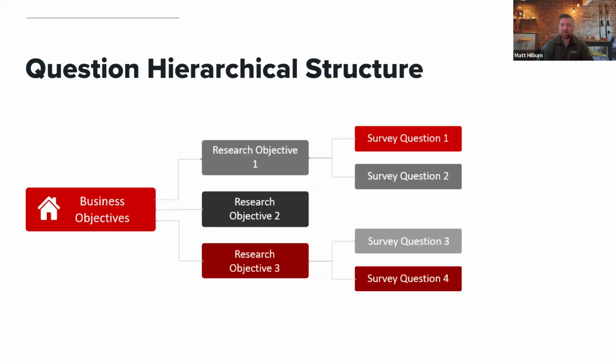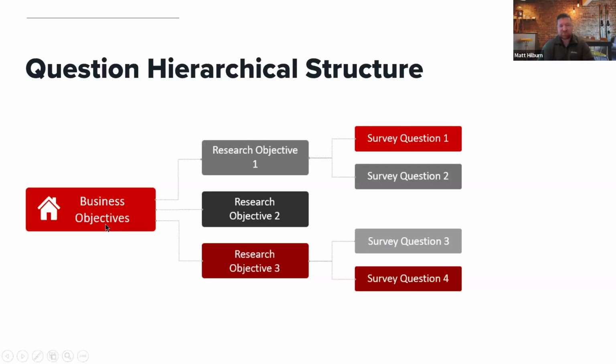Okay, so we've figured out what the problem is, and we've written a research plan. We've defined probably a business objective by now, or a few business objectives. From there, how do we start writing a survey? Step one for a lot of people in writing a survey is writing survey questions. That's almost the last step. The first step is everything we've already discussed and building these objectives.